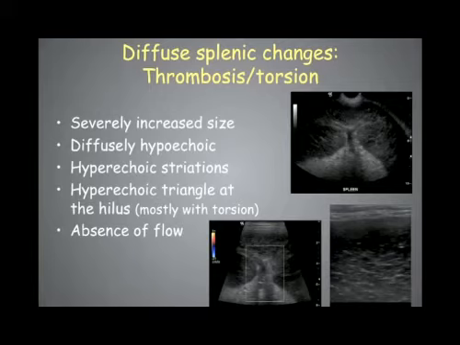What we will see in both cases as well is the absence of flow with the Doppler. So if we put the Doppler here in the hilus region of the spleen, here we have the splenic vessel, we won't find any flow pattern within this vessel, which is not normal, because normally we should see some color here because of the flow, and that can be due to thrombosis or torsion. So it's not so easy sometimes with ultrasound to differentiate between a thrombosis and a torsion, but the result will be the same: the spleen has to be removed rapidly and surgically, of course.